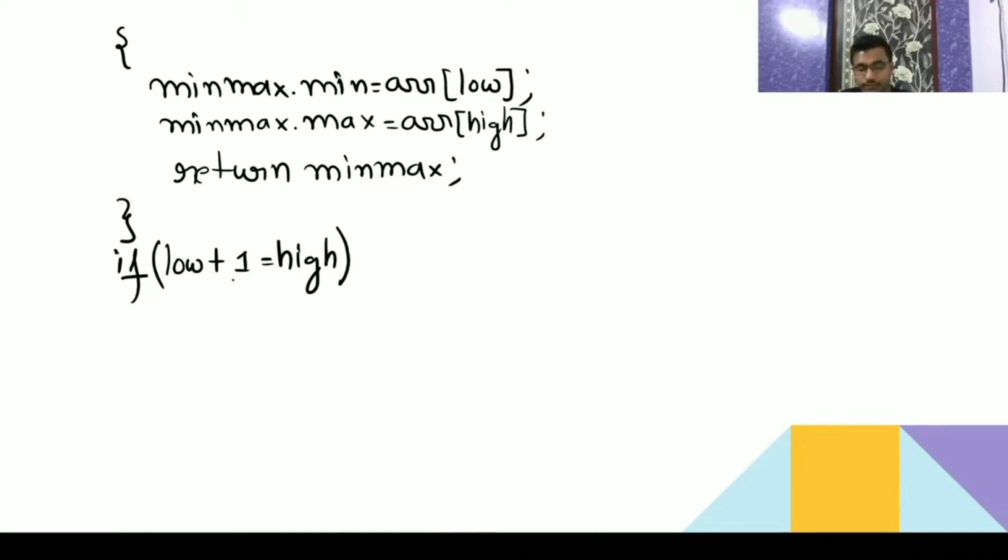So with the associativity, in C there is something called a precedence table. It has associativity and precedence, meaning which will be executed first. So plus is a binary operator, having higher precedence than the equal-to condition checking. So it will be executed like low plus 1, then equal to high, because this plus has higher priority than this comparison operator.